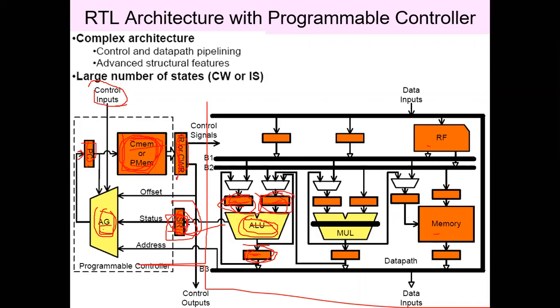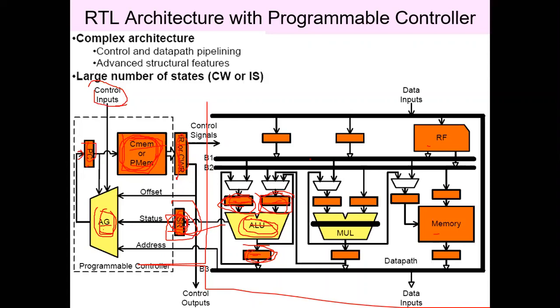For the address generation, the input is the status register. That means the ALU can perform the operation and can update the status register in the same clock cycle itself. That's why we are considering it as 2 clock cycles, 1 for receiving the inputs and 1 for processing the data and updating the status register. That means 2 clock cycles are required here for the execution. 1 for address generation, 1 for taking the instruction out, and the next 2 for execution. That is the minimum number of clock cycles required over here.